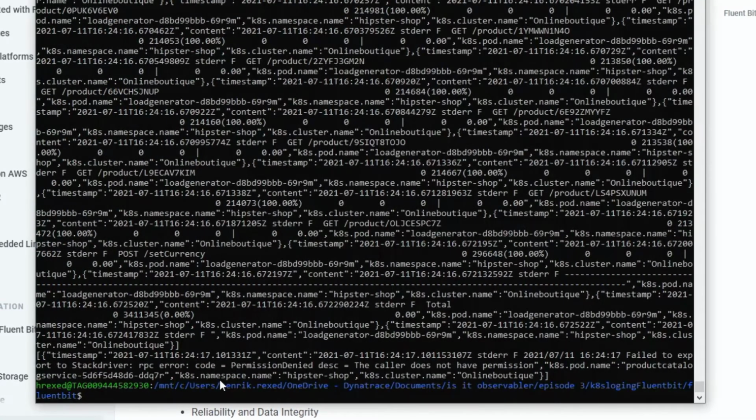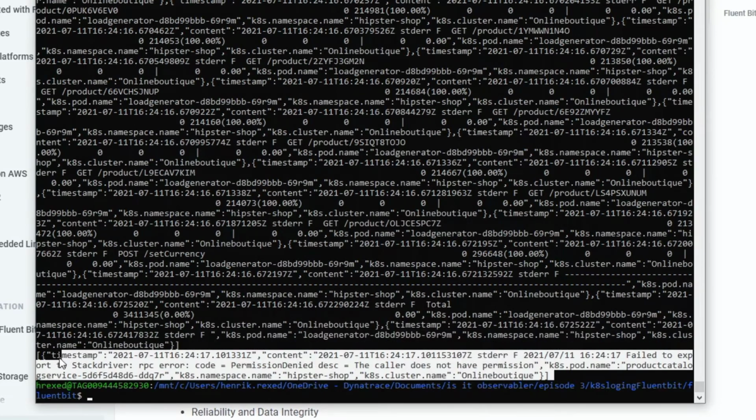All right, so now you can see that there are some differences. As you can see here, this is one of the log streams. So let's just select the logs I'm interested in. For example, this one: content, we have the date, it's an error. And then you can see that the pod name has been renamed. Kubernetes namespace is here. So now I'm starting to have a format that is aligned with the desired Dynatrace Log